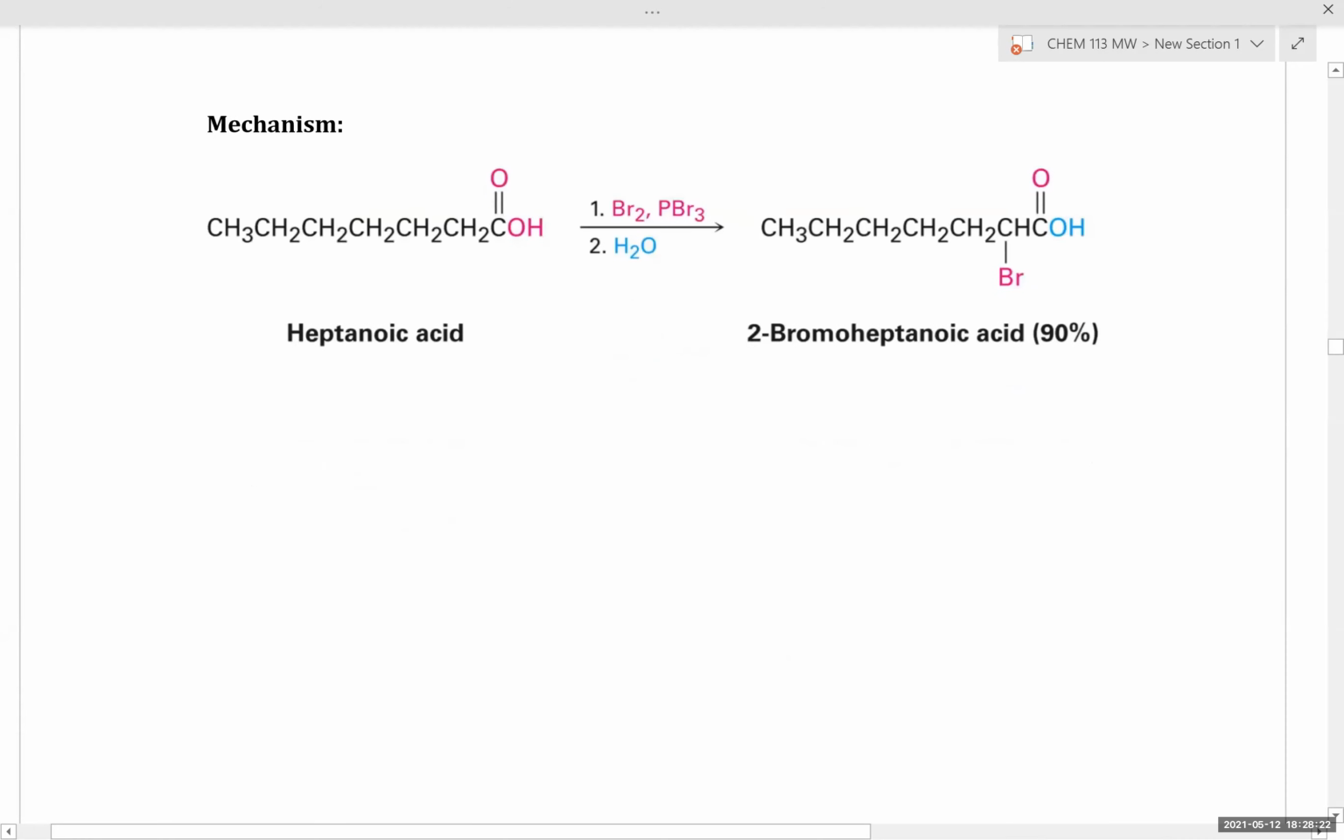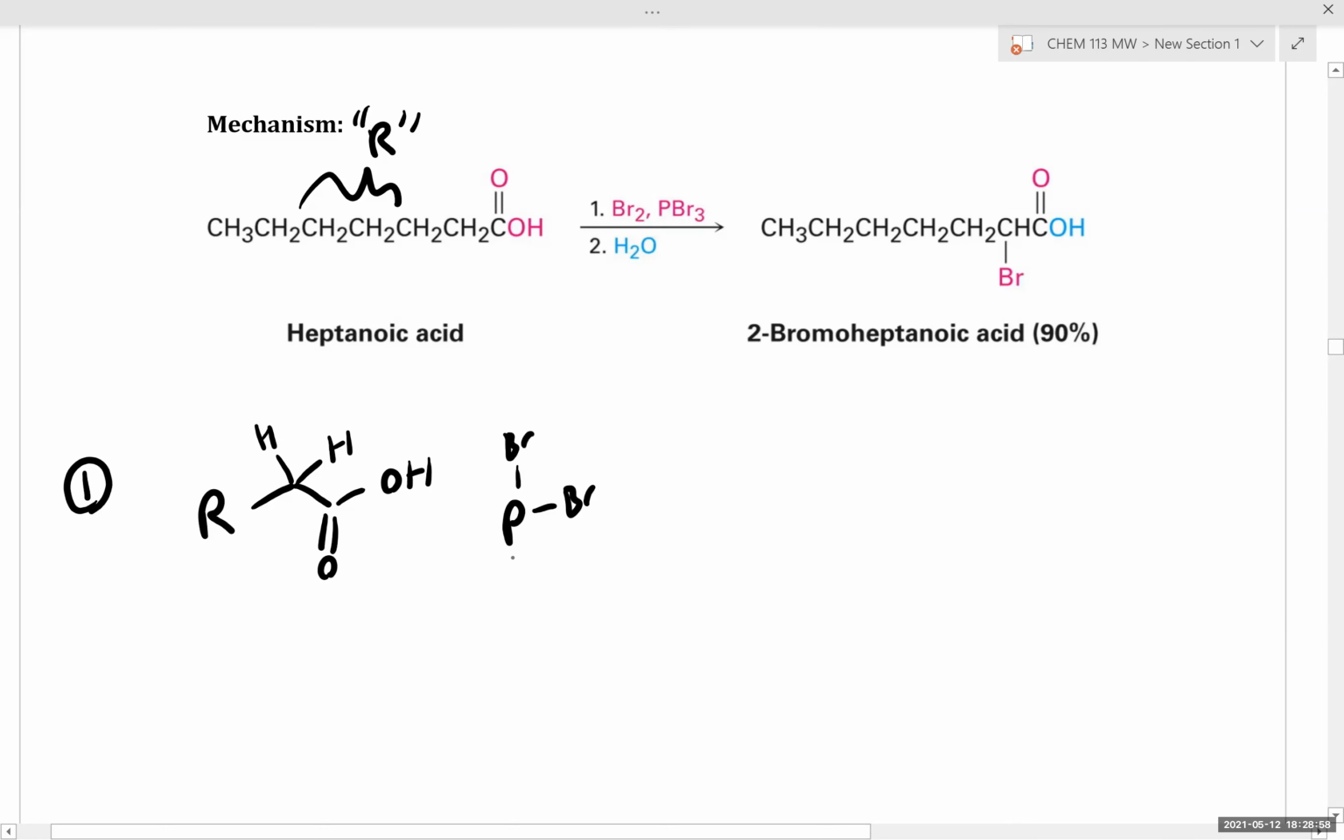Okay, so in terms of the mechanism, I'm going to label this giant alkyl group as R. So we have R, CH2, and then our carboxylic acid, okay? And I'm leaving the alpha position drawn out clearly because it's very important in this reaction. So for the first phase of our reaction, we're going to convert this carboxylic acid into an acyl bromide via